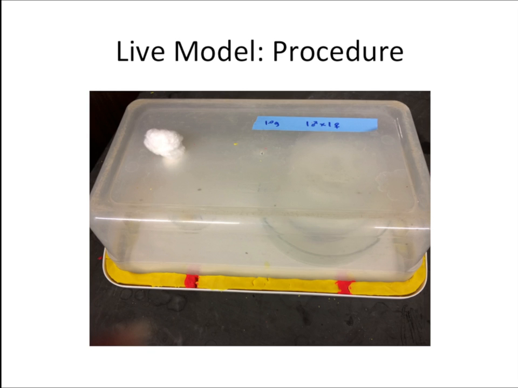Okay, after you've done that step, you're going to weigh out the food, and it's going to go in a little Petri dish. And you're going to want to put 0.5 gram, 1 gram, and 1.5, like we did in ours. Or you can vary it. You can do 1 gram, 2 grams, and 3. The point is that you have varying amounts of food. And that goes in the little dish, and it's placed on the mark you made in the first step, directly